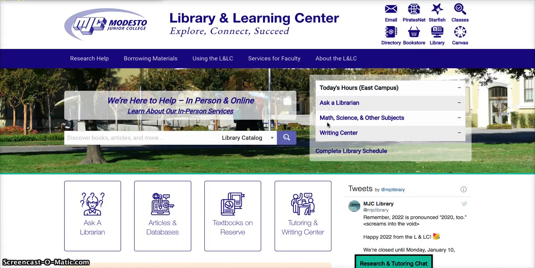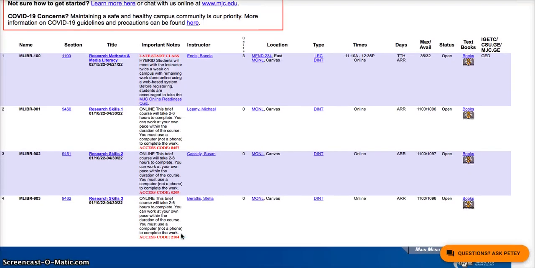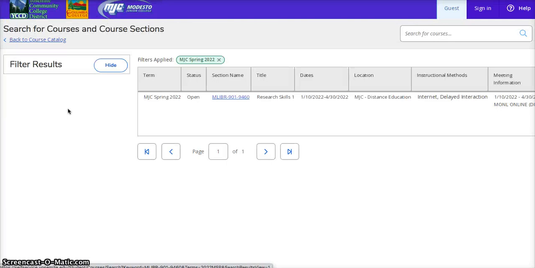So from the Library and Learning Center's homepage, come up here to Classes, which will take you to the class search menu. And then we're going to choose from this menu the library courses. Click Submit. And here are the courses listed, Library 901, 902, and 903. So to sign up for one of them, you click here on the section number, and it will take you